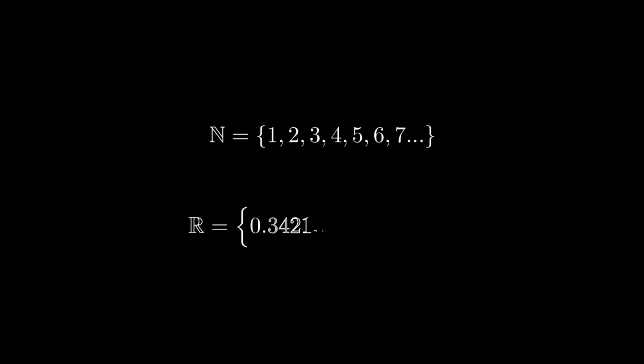You might have heard that some infinities are bigger than others. How is that possible? Well, for that let's consider two sets, where set A will be all natural numbers, therefore 1, 2, 3, 4, and so on. And set B will be all the real numbers between 0 and 1, which means an uncountable number of decimals like 0.1, 0.333, and so on.